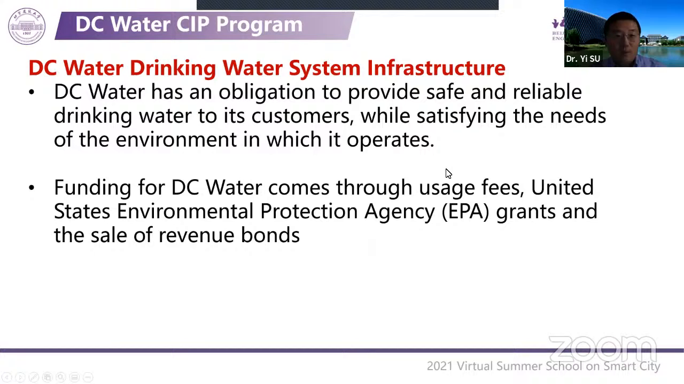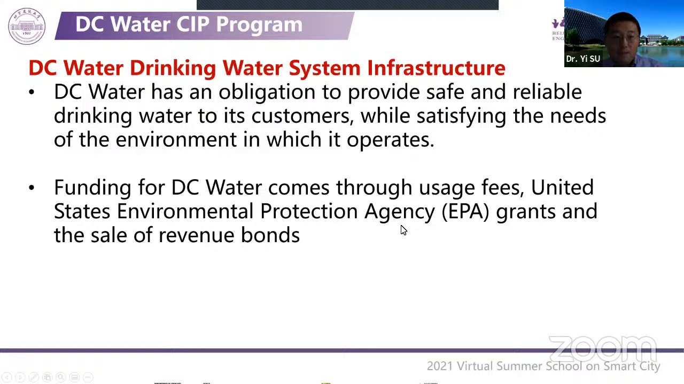So DC Water has an obligation to provide safe and reliable drinking water to its customers while satisfying the needs of the environment in which it operates. Funding for DC Water comes through usage fees, United States Environmental Protection Agency grants, and the sale of revenue bonds. So the budget is from those sources, and the requirement is to provide safe and reliable drinking water to its customers, while also satisfying the environment